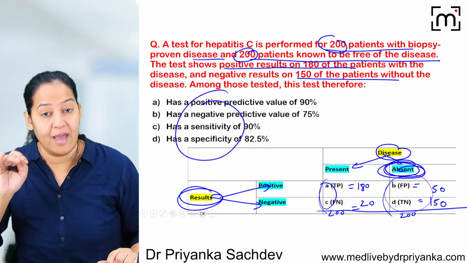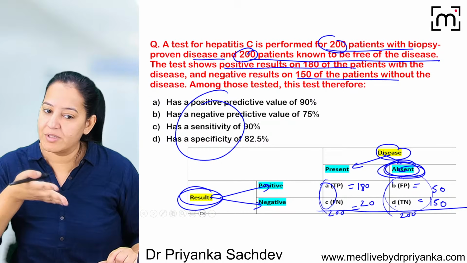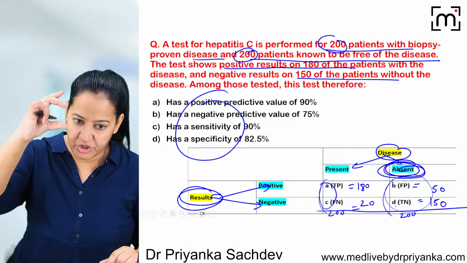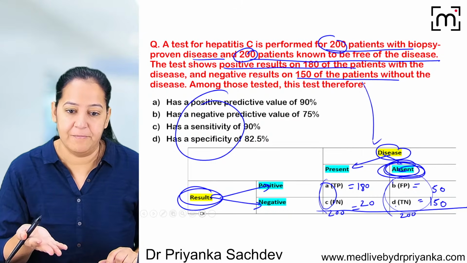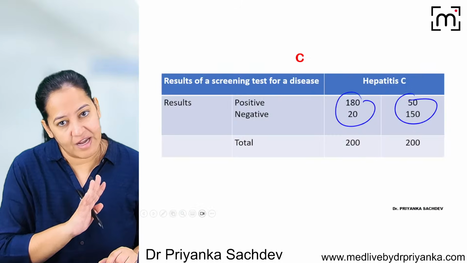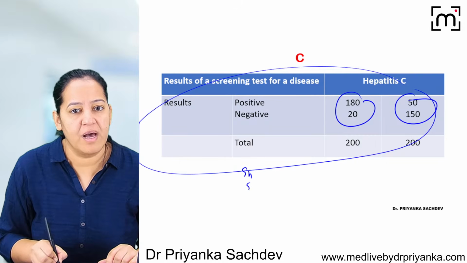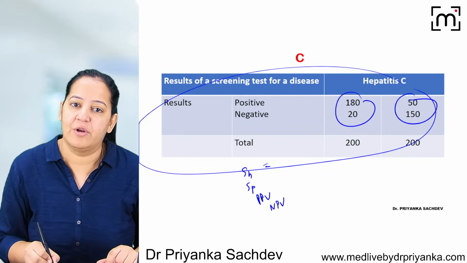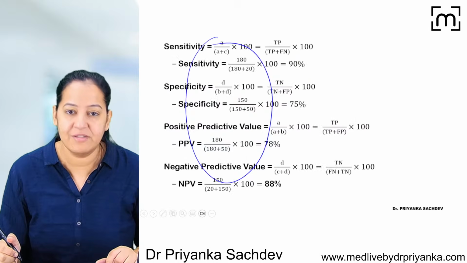So this is a way, whenever you get a numerical based on sensitivity, specificity, positive and negative predictive value, you should interpret the values of ABCD. Reading the question, it is not necessary they will give you the table. So first try to make the table. By reading the text in the question, try to fill the values of ABCD. If the values of ABCD are done, it's a super easy game. Now you know the 4 formulas. Whatever is asked in your question, you can put the formula and do the calculations accordingly. You do the calculations, the answer will be in front of you. Say yes if you got it.